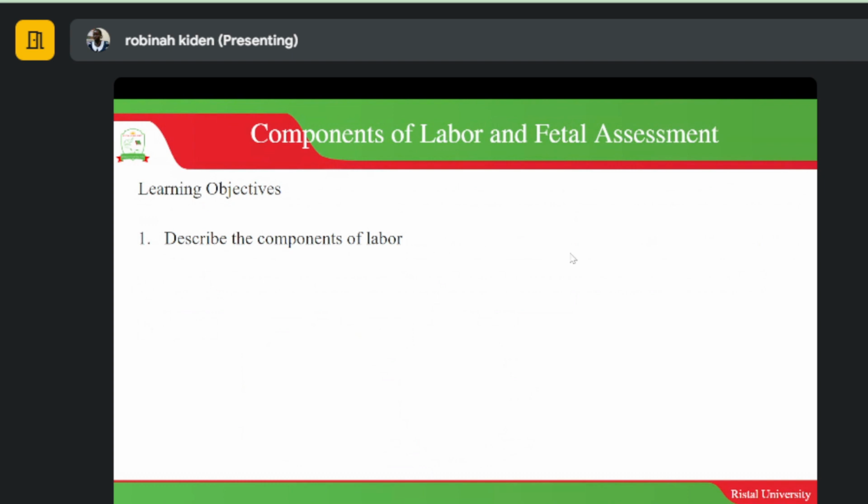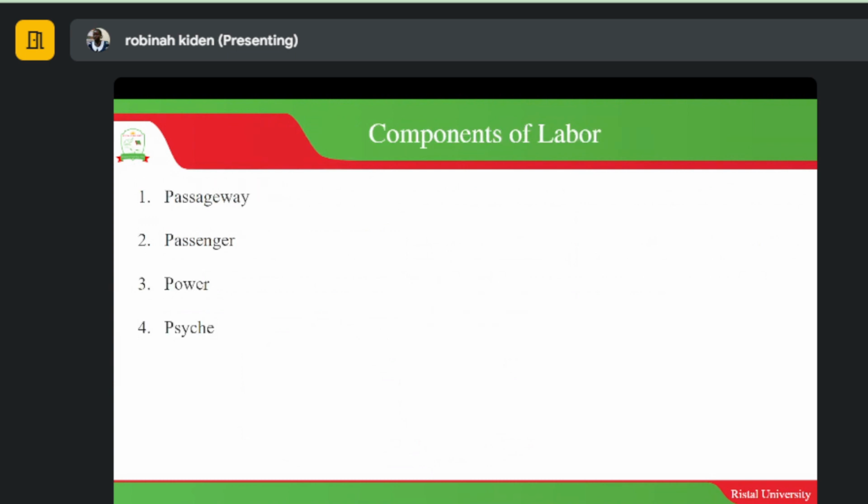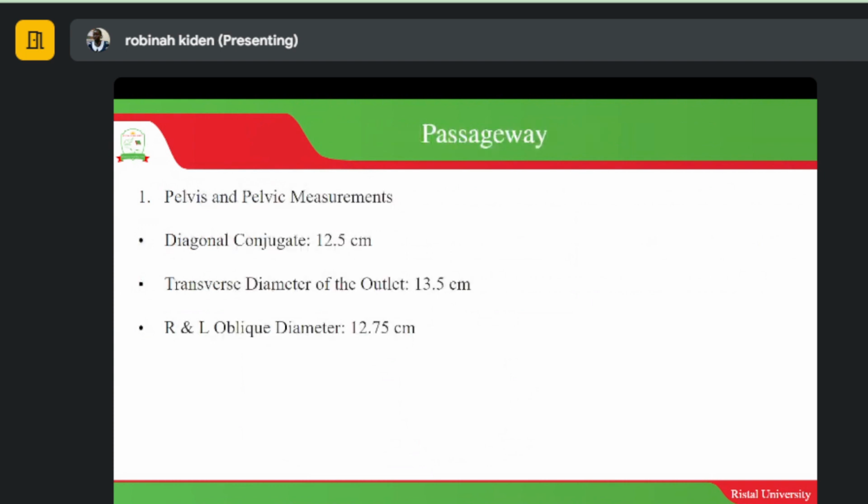So today we are going to look at components of labor and the fetal assessment. By the end of this session, you should be able to describe the components of labor. So components of labor include the following. We have the passageway, passenger, power, and cycle. So let's start with the